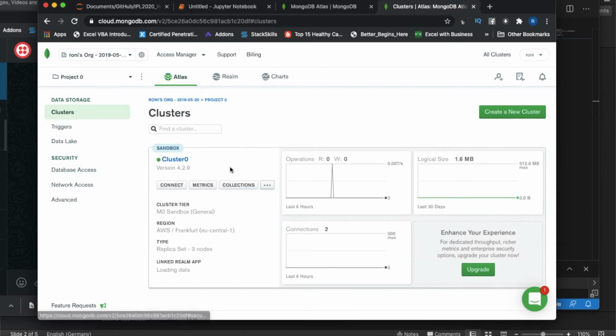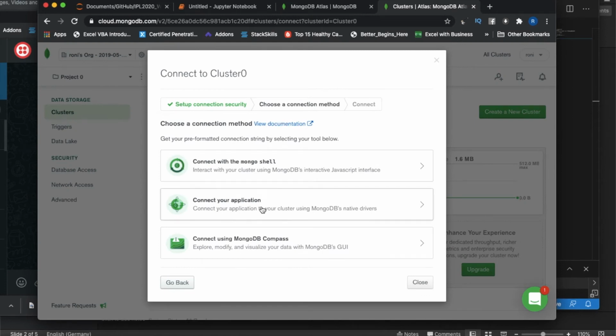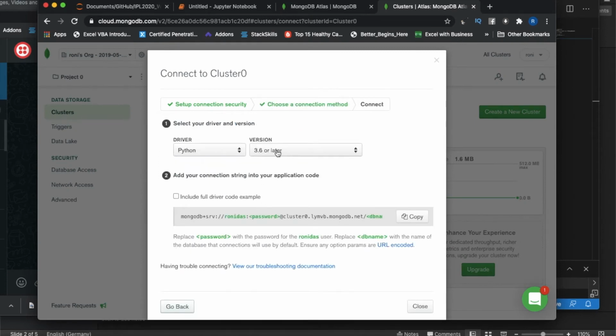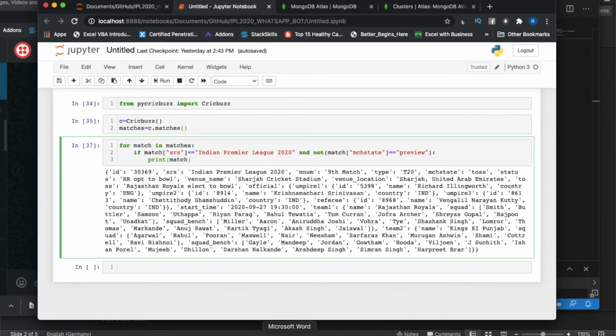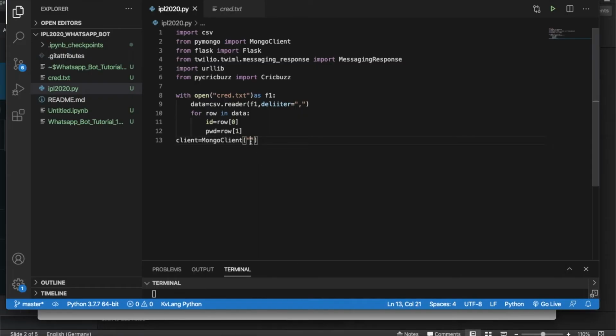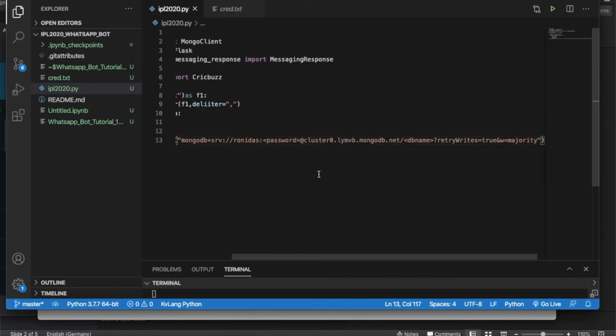Next thing is the connection. If I click on connect and check for my application, here it is, Python. So I have to copy this and try to put everything over here. I have to change the DB name and other things.